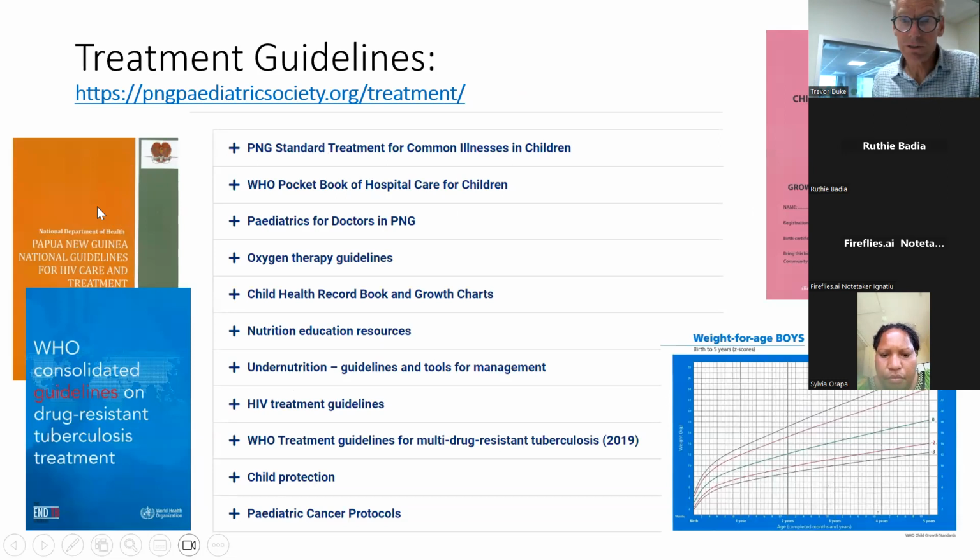In terms of treatment guidelines, as I said, on the website, there's the Hospital Care for Children book. There's Pediatrics for Doctors in Papua New Guinea. We've also got up-to-date guidelines on TB management, drug-resistant TB management, the up-to-date guidelines on HIV care, guidelines on child protection, pediatric cancer protocols. So go through that at some stage, again, opportunistically, and search through it, because you'll find a lot of information that you need to know as trainees in